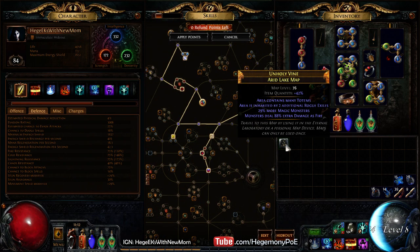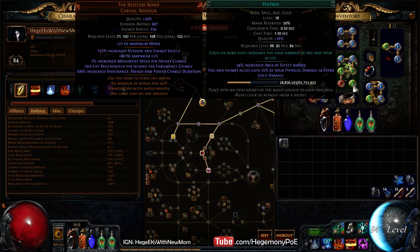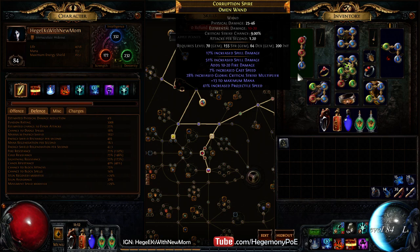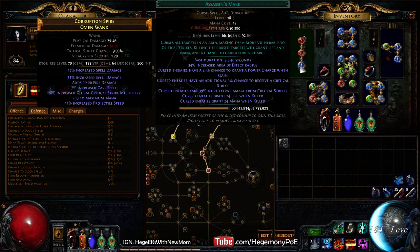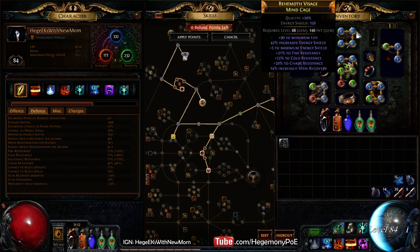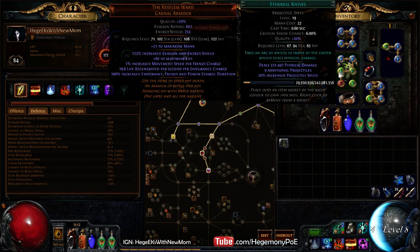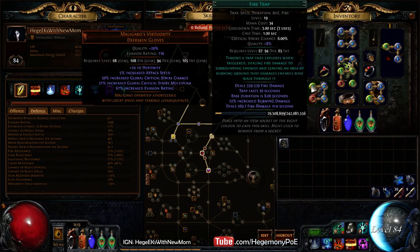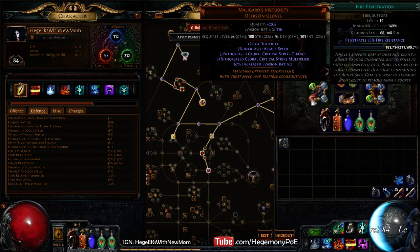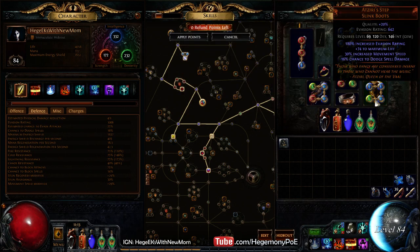Alright, so without further ado, let's just go over the gems real quick. I did end up switching to Spell Echo, and this opens up a 6 link being Hypothermia, or I could use Slower Projectiles since my projectile speed is very high on the wand, and I wouldn't feel it that much. But we have Assassin's Mark, Increased Duration, Enduring Cry, that's still in the wand. We have Wall, Storm Call, Crit Damage, Innervate, Lightning Penetration, Crit Damage, Spell Echo, Faster Projectiles, Ethereal Knives, and Added Fire. Fire Trap, Concentrated Effect, Crit Damage, Fire Penetration, Assassin's Mark, Herald of Thunder, Curse on Hit, Arctic Armor, and